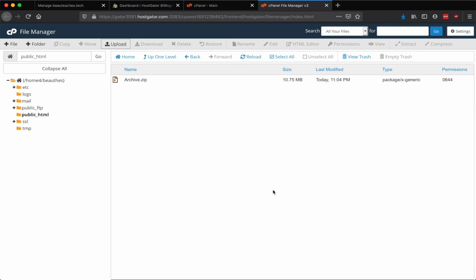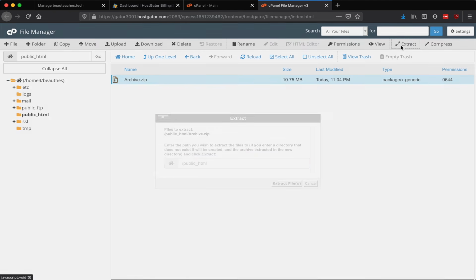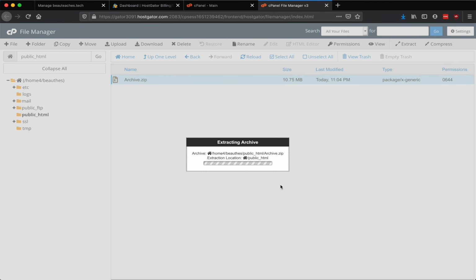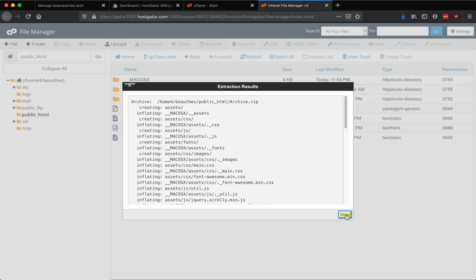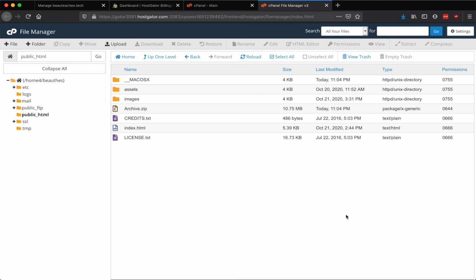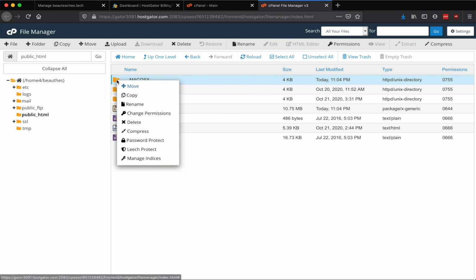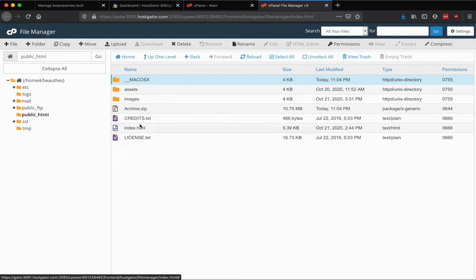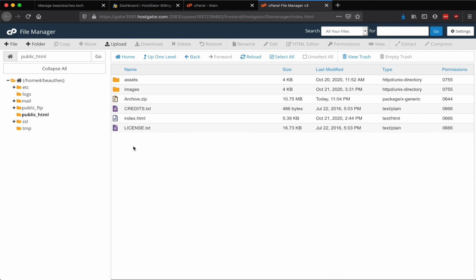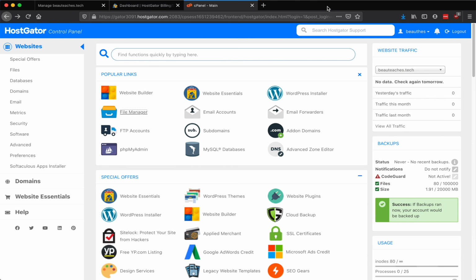Okay, I'm going to go back here and I'm going to extract. And this is just an extra directory that I can delete. Okay, I have my website uploaded to the hosting provider. We still have to connect the hosting provider to the domain name, and we'll do that in a little bit. For now, I'm just going to close this, and let's look at some of the other things you can do